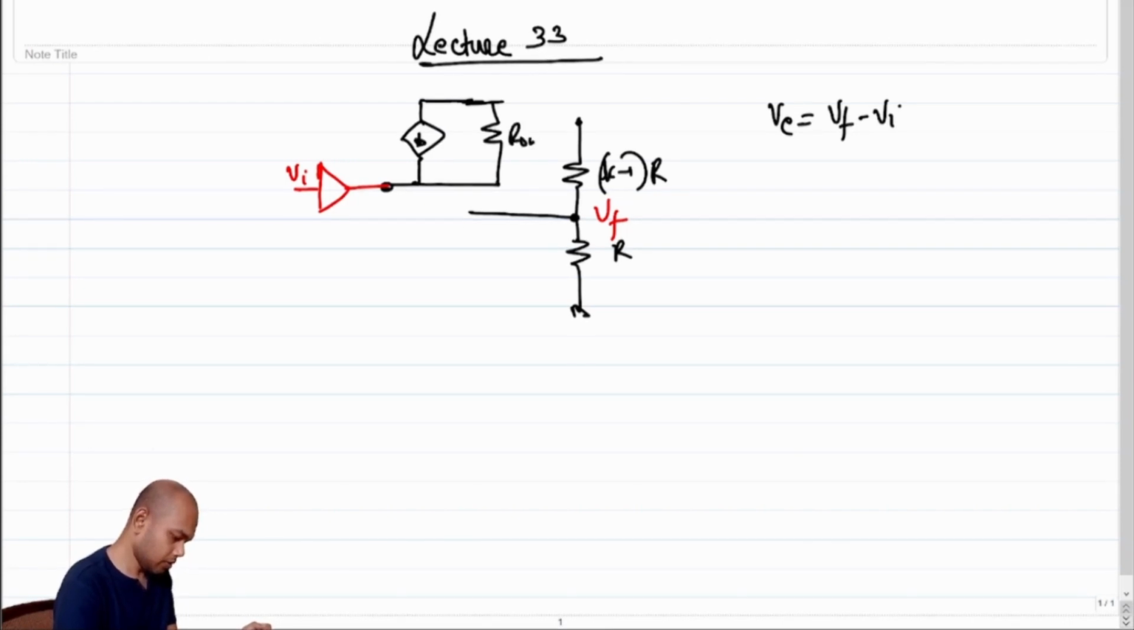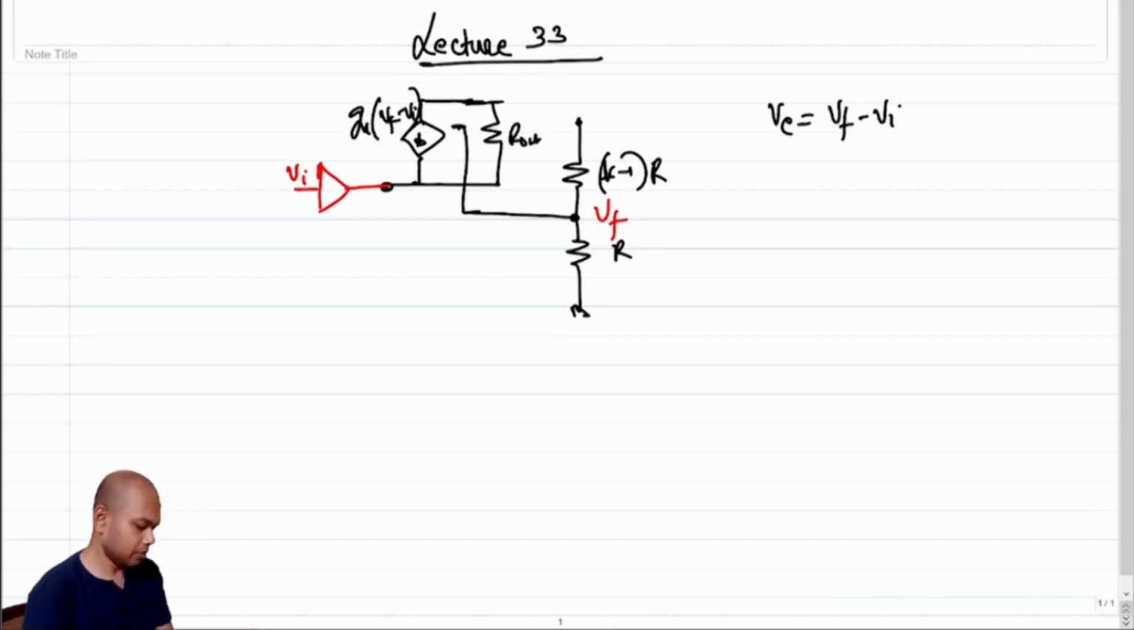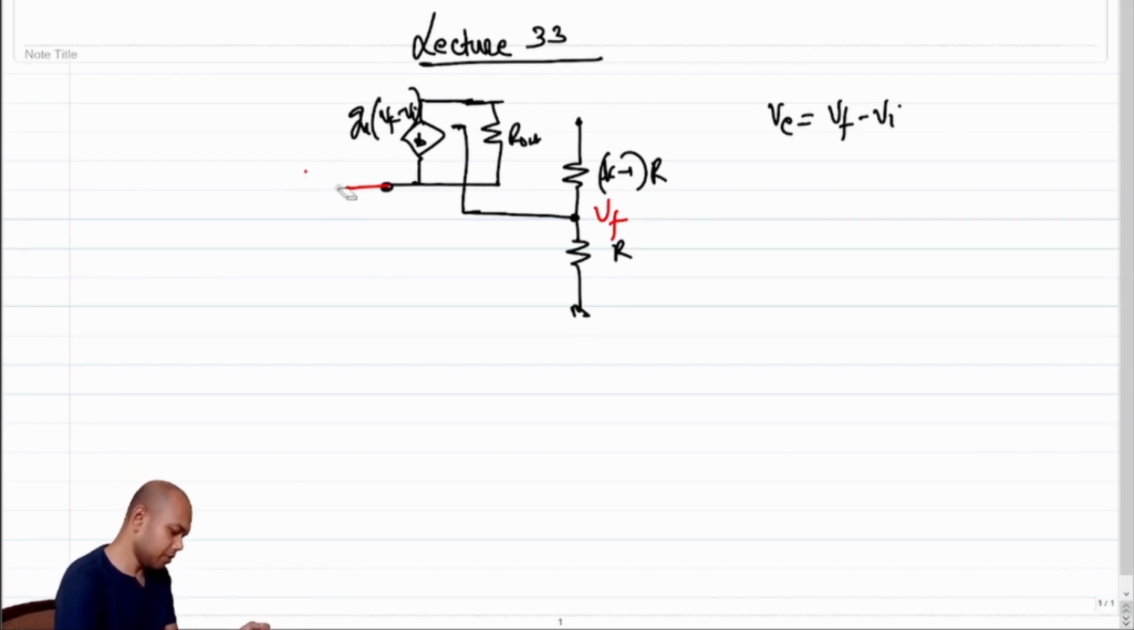This is R out. So this is Gm times Vf minus Vi, and this becomes Vi, right? So how do I realize this buffer? This buffer we could realize using a common drain amplifier, right? This buffer could have been realized using a common drain amplifier, and a common drain amplifier was nothing but